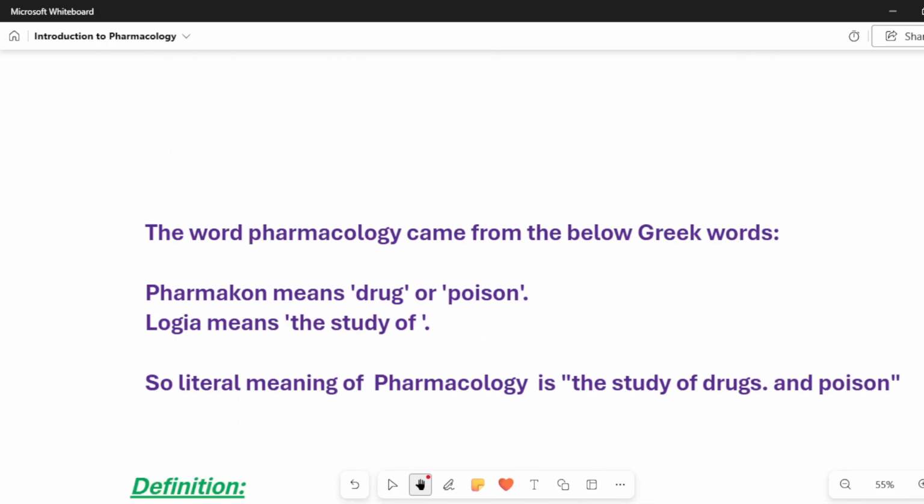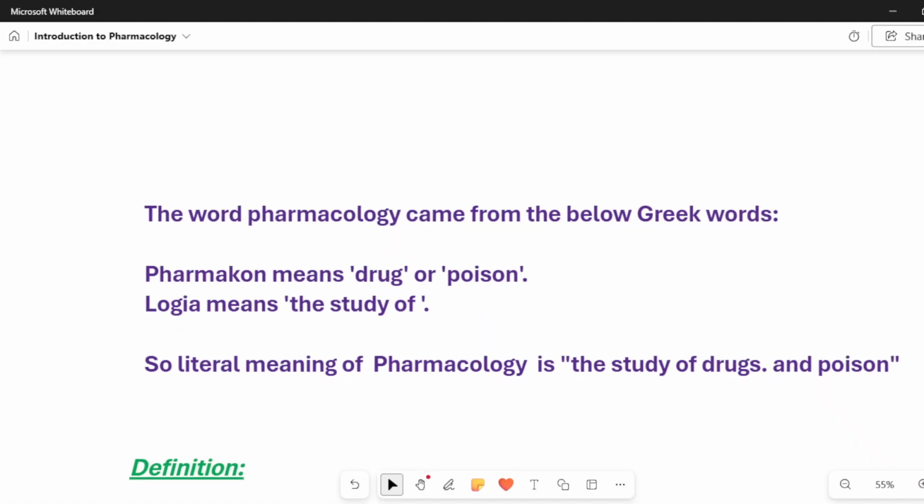Now we'll try to understand what pharmacology actually means. Pharmacology is derived from Greek words. If we split that word, we get pharmakon and logia. So pharmakon plus logia gives pharmacology.